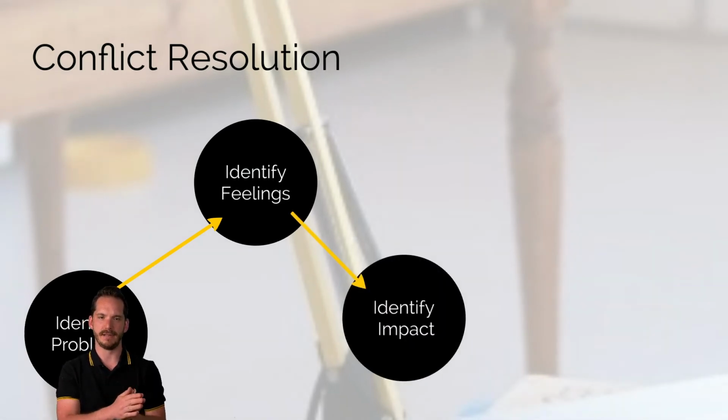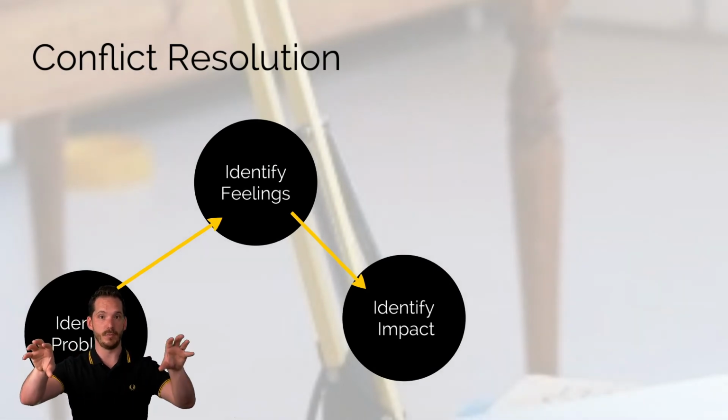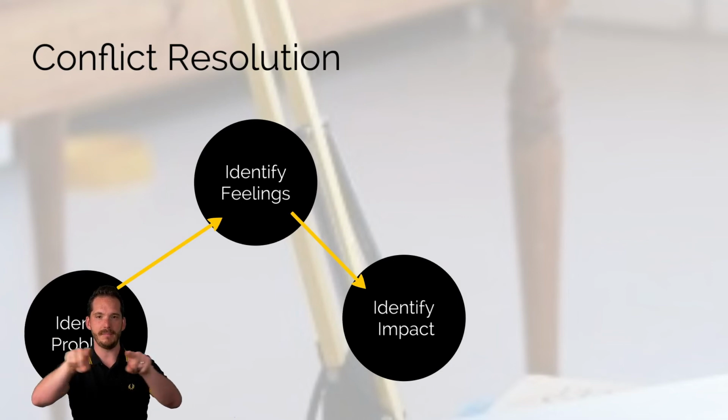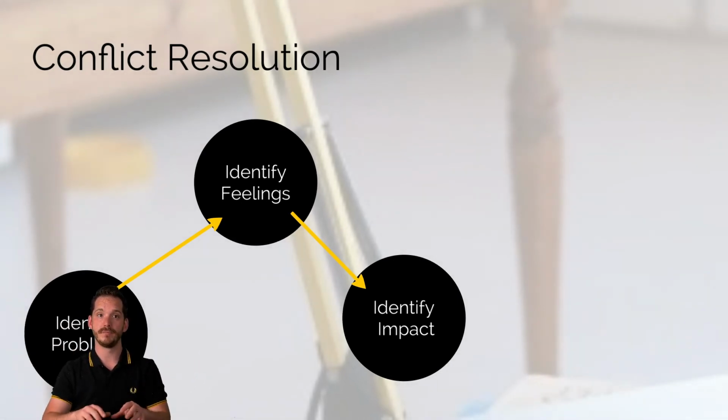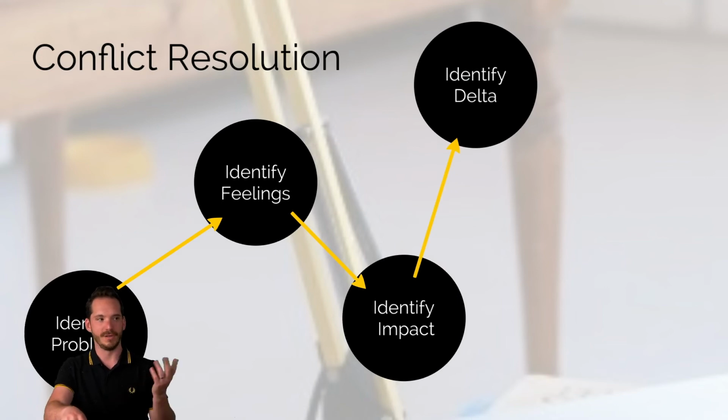Identify the impact. Now what you want to do here is you want to go, right, this is what they're saying, this is what we're doing. What would be the impact? The pros impact, the cons impact? Again, polarity management, right? Find that delta. Normally you'll find people have a problem with a change and they don't even understand what the outcome could be. But once you get the problem and the feelings behind it, and you realize the delta difference between the two solutions. Data by data, yep.